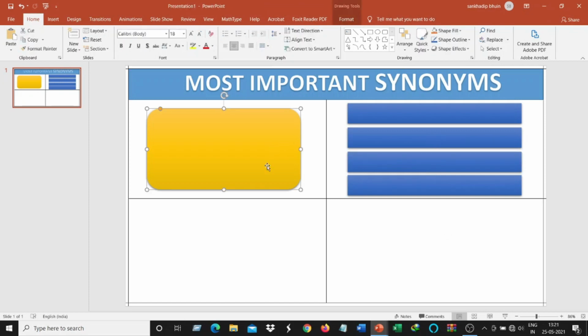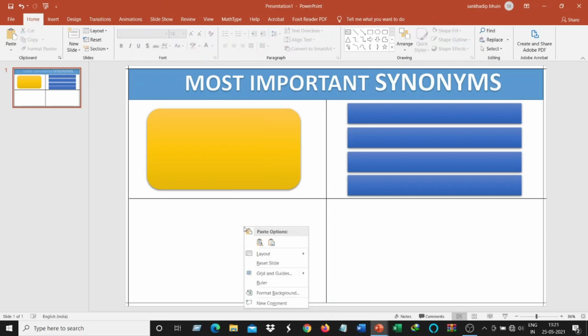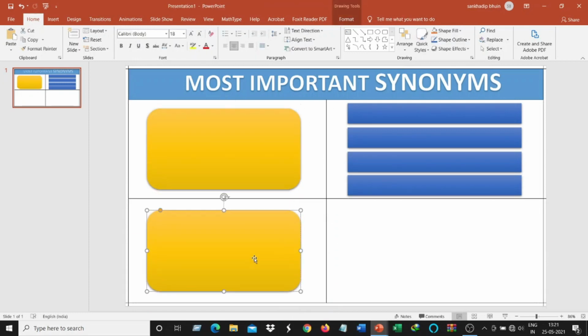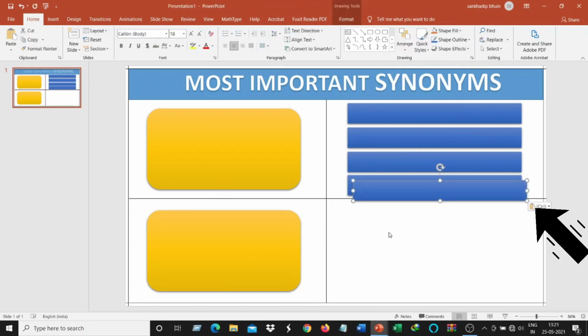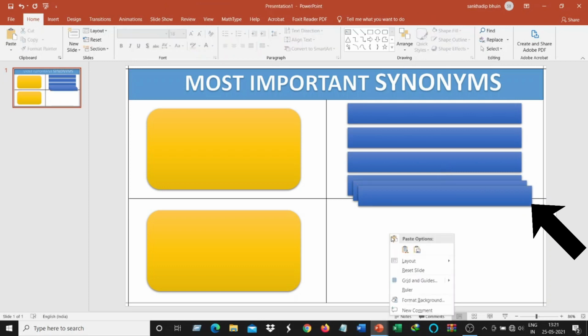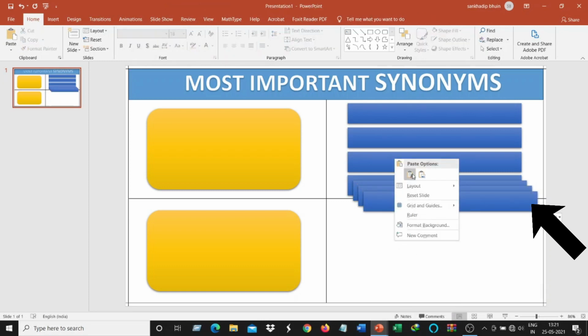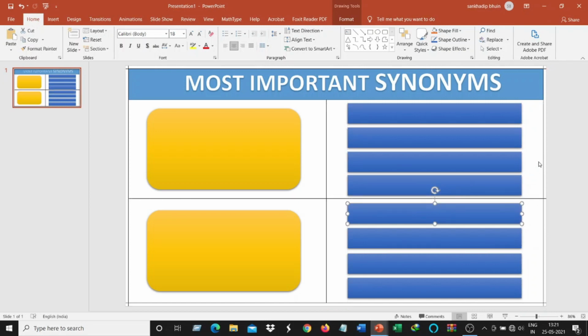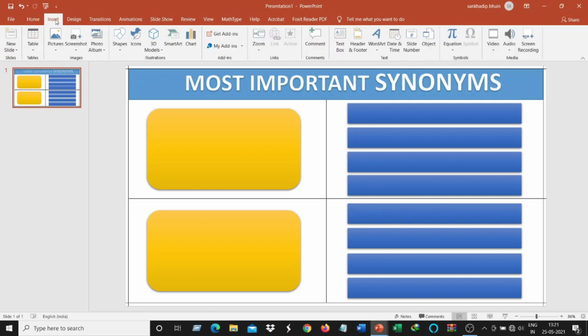Then select this box where you will keep the question and copy it and paste. Then select this box and right click and copy, then paste, and place those. Then go to Insert and select text box and click in the middle of the box